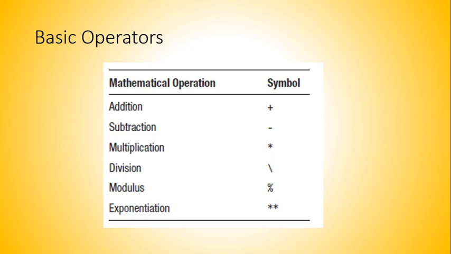As you can see on the slide, the basic types of operators available for mathematical operations are addition, subtraction, multiplication, division, modulus, and exponential. These operators can be combined in a complex manner to perform an arithmetic operation. Depending on the data type, they define their functionality.